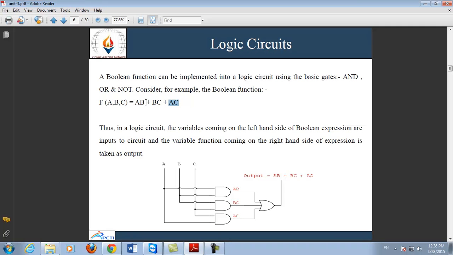Now, next, after doing the multiplication, after doing the AND operation, the next operation is the OR operation, that is plus, means you have to perform the OR operation between A into B and B into C. Similarly, an OR operation between BC and AC. AC की वैल्यू भी मैं इनपुट करी OR ऑपरेशन में to find out the addition of these three values, and the output is equal to AB plus BC plus AC. This is the logic circuit representation, or the logic circuit form, of this particular equation.